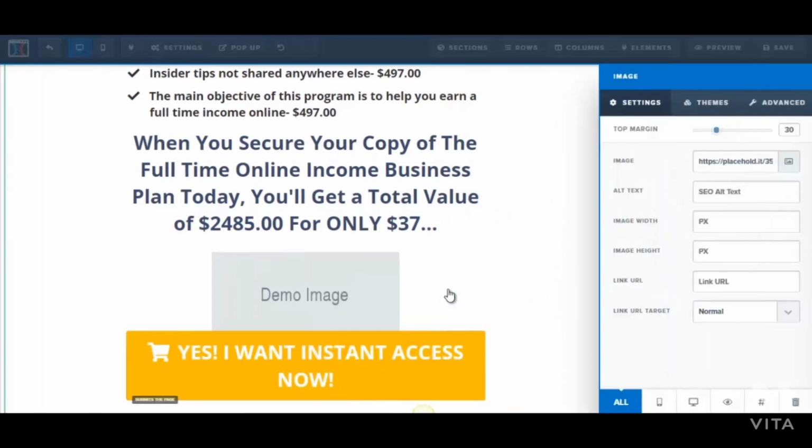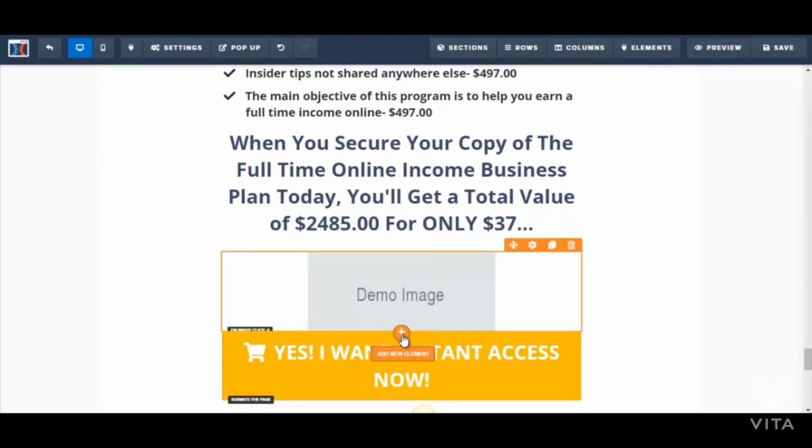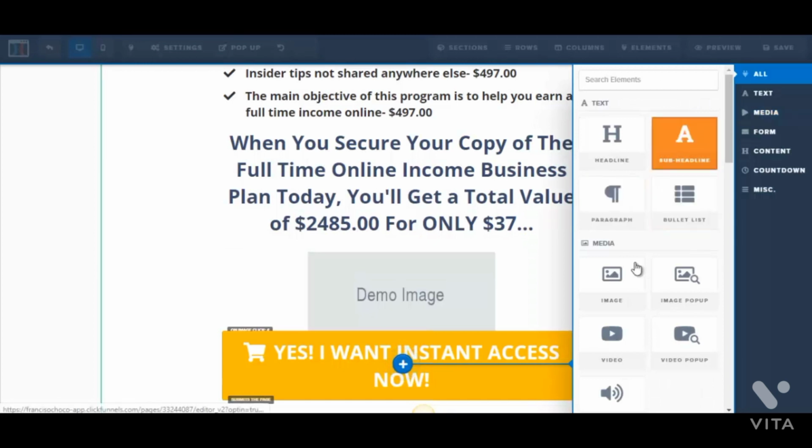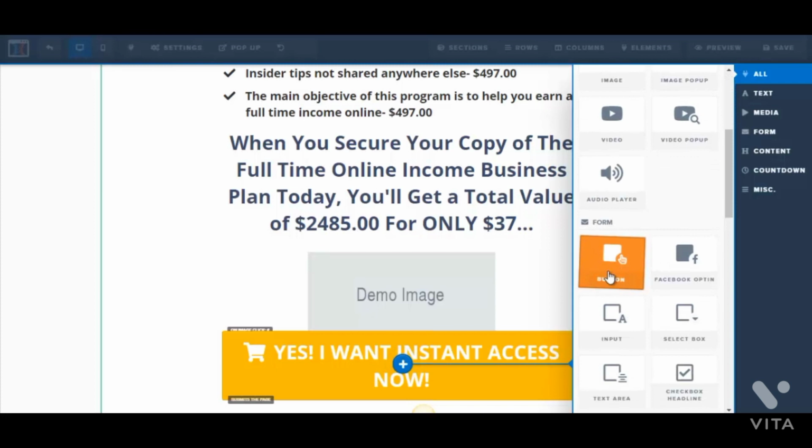Okay, click on that, and then you would just choose your image from here. You could upload it, and then you would enter the link URL down here. Okay, another alternative is to add new element, and instead of selecting image, you could go to button,